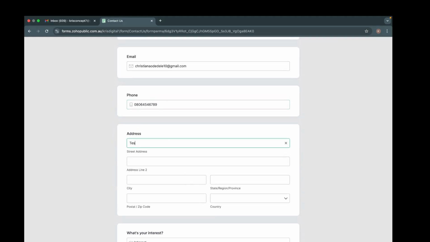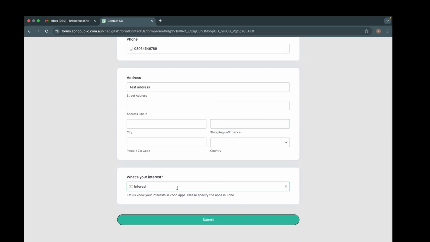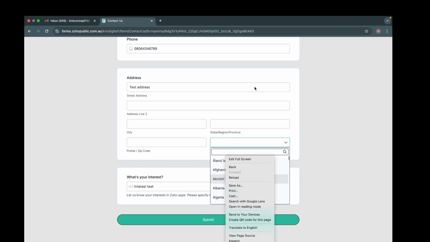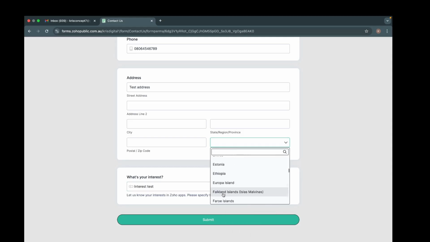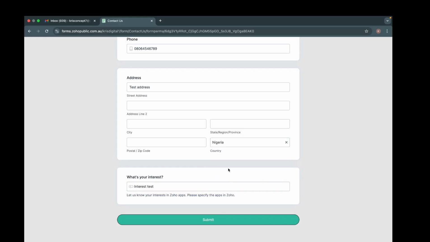Address, test address, other things. Interests, tests. So all these are just tests, I'll not really be doing much of it. We see the country, we brought out the countries, so let me just choose Nigeria. You can just search for it to make things faster. Zip code is really just a test, so I don't want to do too much. Test city,